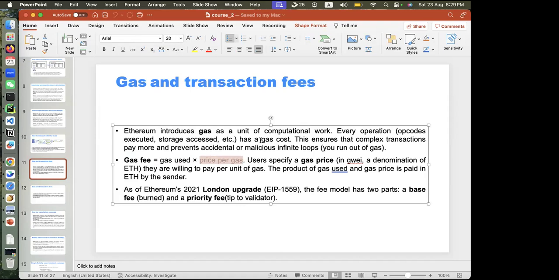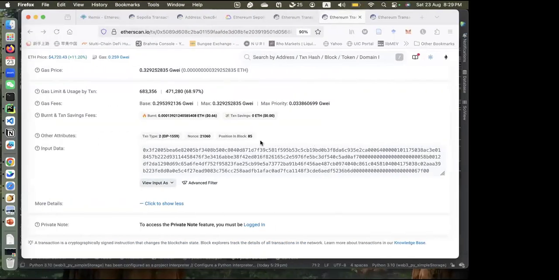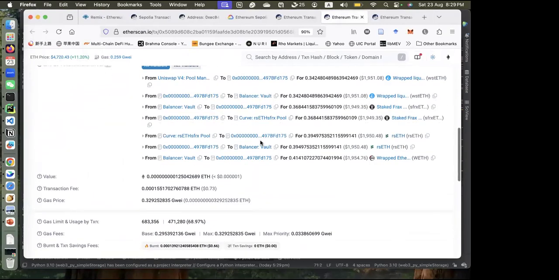So here is the same. If you want to compute how much money you need to pay for your transaction, you need to multiply the gas you used in this transaction by the price of the gas, which is priced in ETH. Okay. So now if we shift to the Etherscan, we can see that